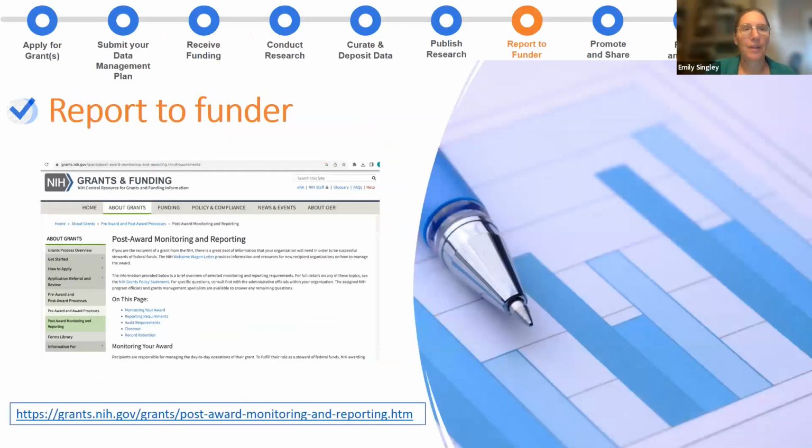And yeah, okay, so now we're published. What do we do now? We're cranking through these steps. So this is another area where, in my opinion, the NIH has made it relatively easy to follow their guidance. We've provided a link for you here to their post-award monitoring and reporting page. So you can simply go here if you have received NIH grant or funding.